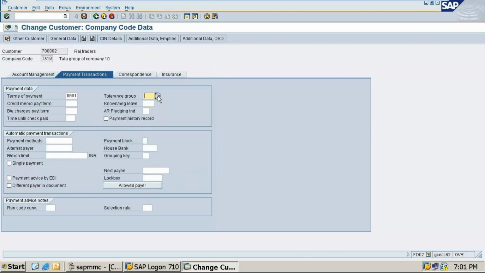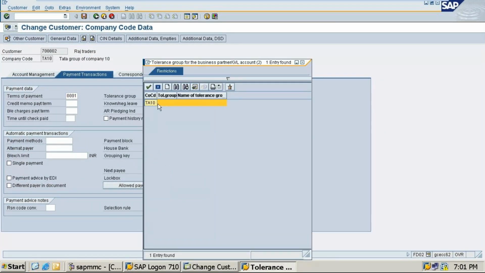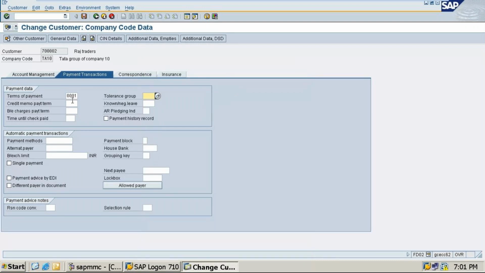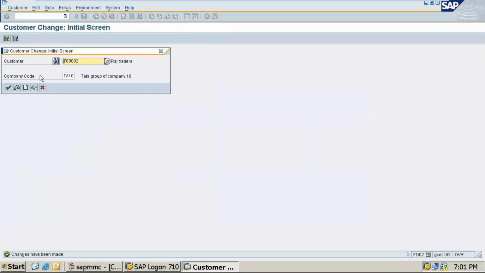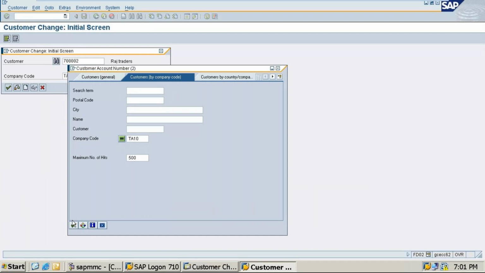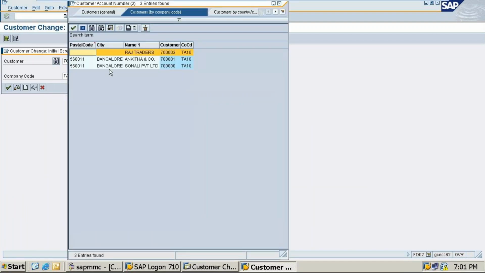Tolerance group you can do for this TA10. Okay. After this you have to click on save. So save with this. So this is the Raj Traders. We need to check for the TA10. Yeah, Raj Traders is there.